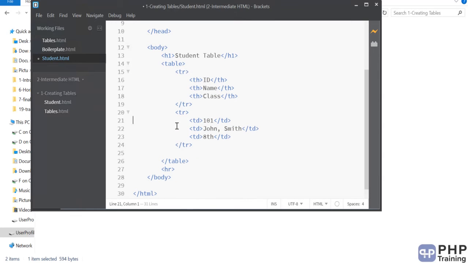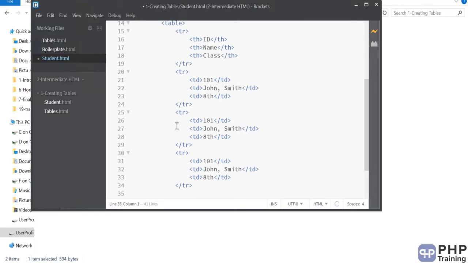All right, you don't have to copy the heading. We'll copy 2 more rows. We'll call them 102 and 103, and then we will change the names.